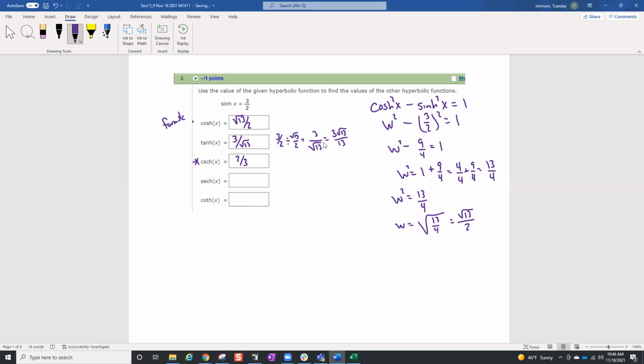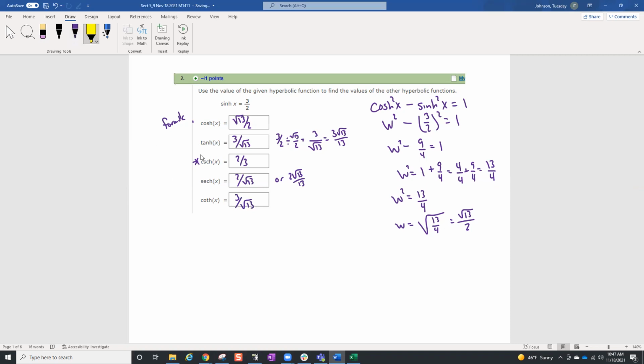And that's another reason I like to leave my radicals like this, because why not just flip it over? If you wanted to, you could rationalize your denominator. And hyperbolic tangent, now this is where I wanted to tell you, if I leave it in this form and I flip it over,